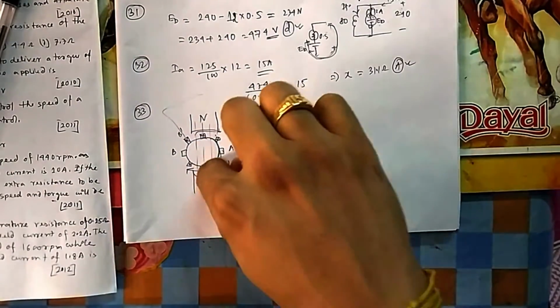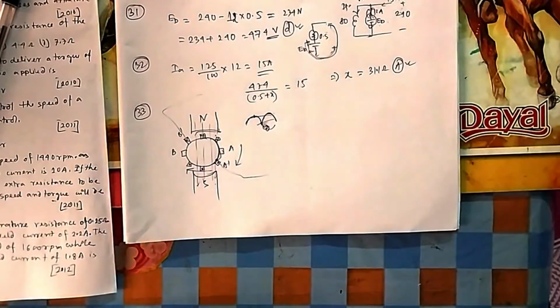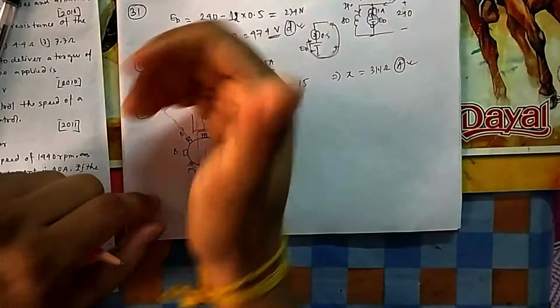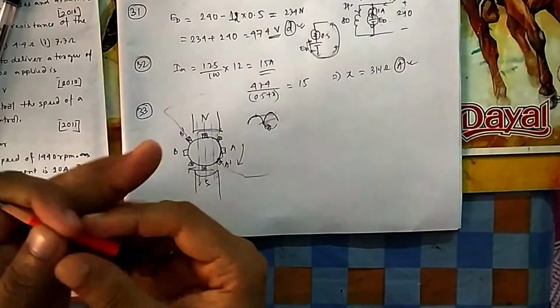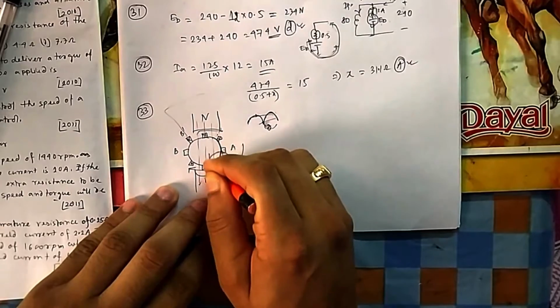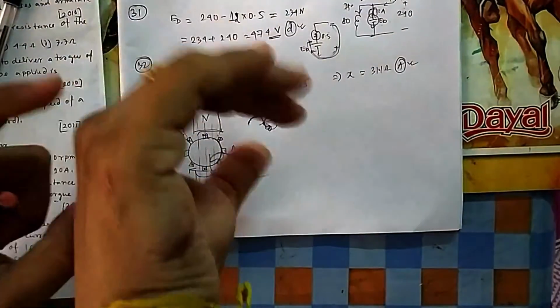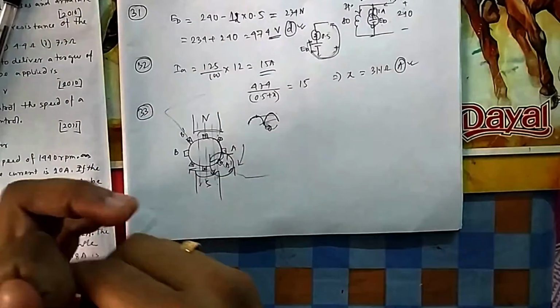How to draw? If the current is entering into the coil, then what is the magnetic field? Right hand screw. Here this current is coming out. So if it is coming out, your field will be like this. Okay, so that's why your field will look like this. And here it is entering this side. So your magnetic field, these fingers will represent your magnetic field. So your magnetic field is in this direction.